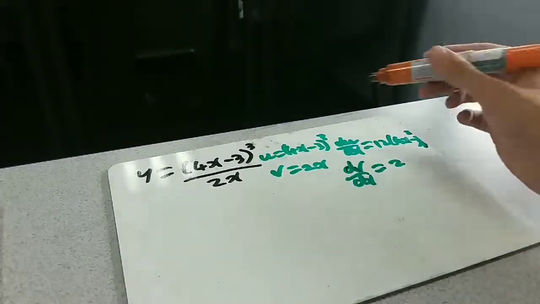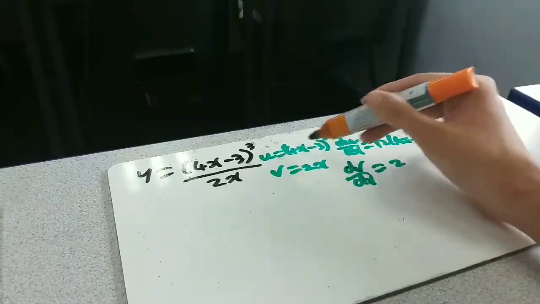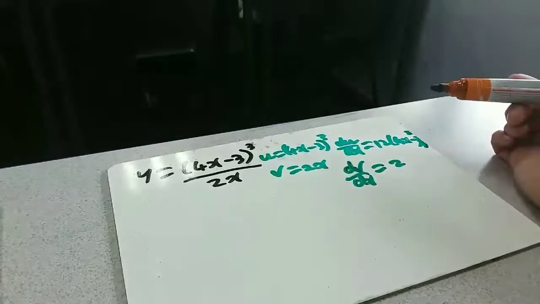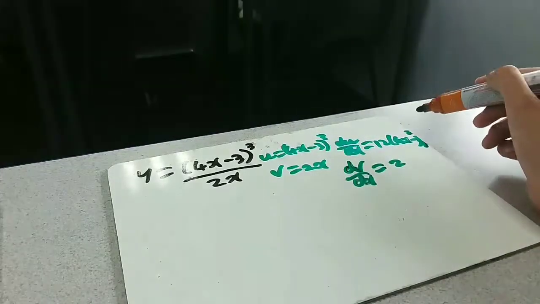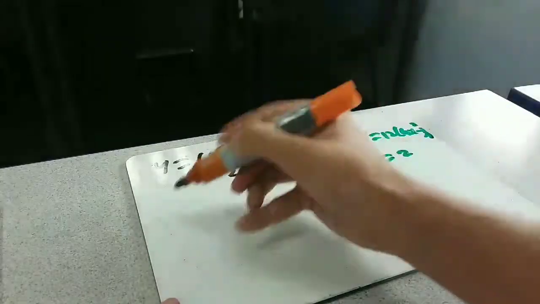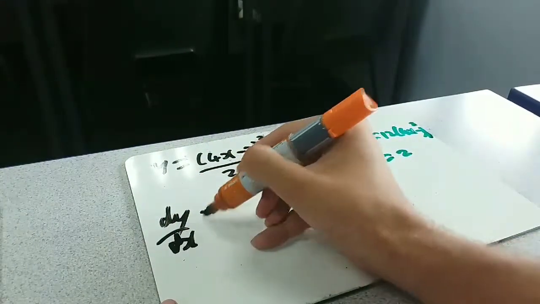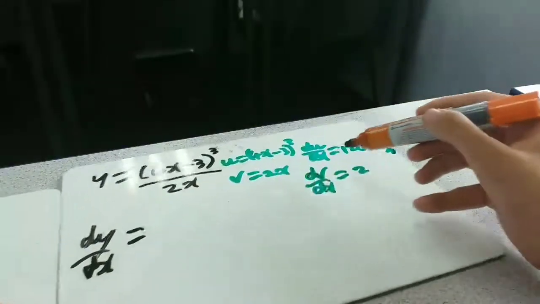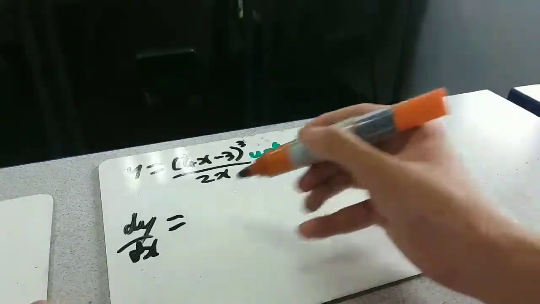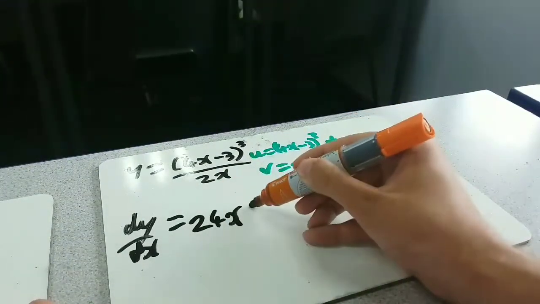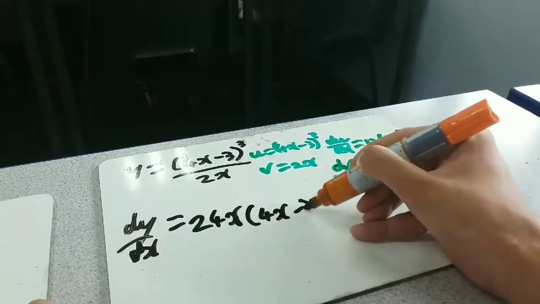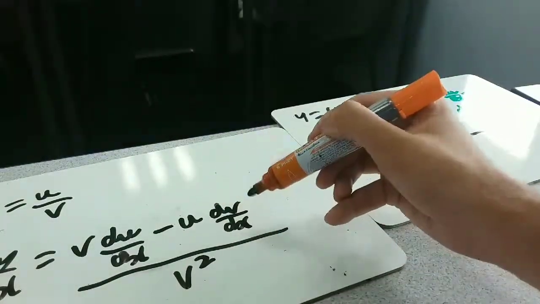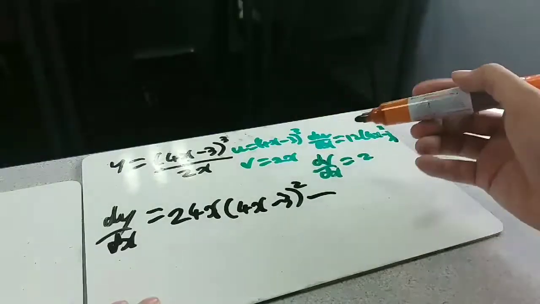Just differentiating that one. If you want to justify this, you could use the chain rule. You could do a substitution. We've already used u, which is a bit awkward, but pick any letter. P equals the thing in the middle, and you can use the chain rule. But by observation is a lot quicker. Putting it all together, dy dx is, well, we've got v du dx, so it'd be that thing times this thing. Well, 2 times 12 is 24. (4x minus 3) to the power, so (4x minus 3) all squared, minus u dv dx, so that thing times that thing,